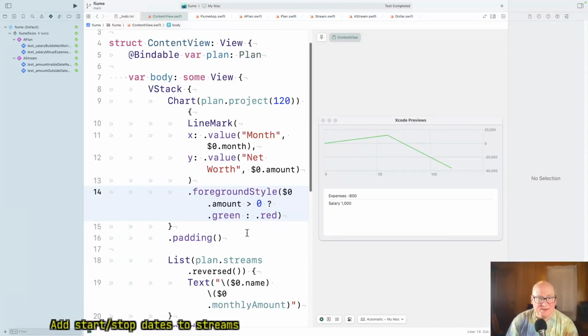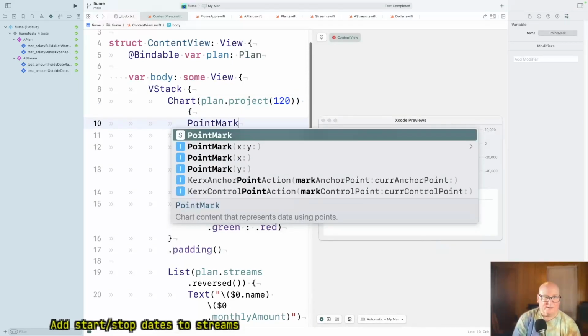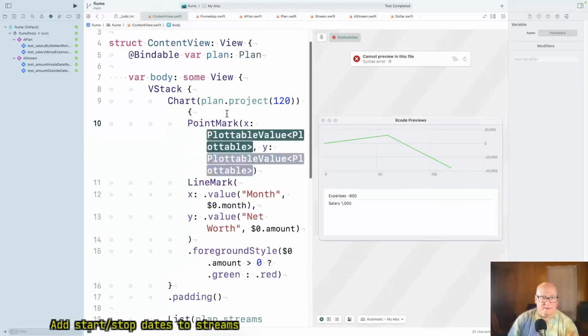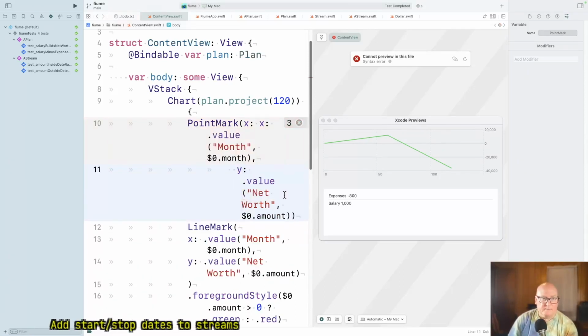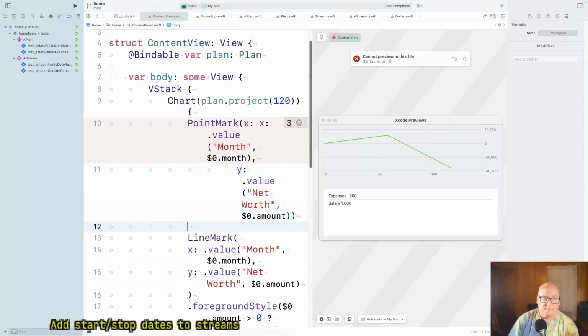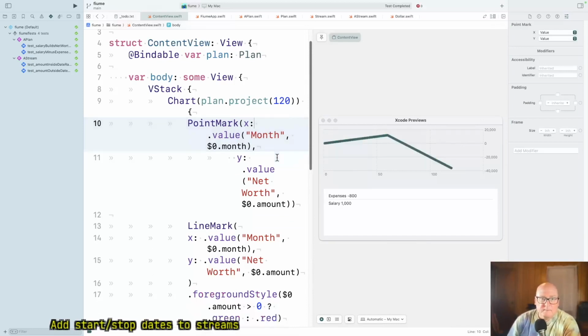Amount greater than 0, show it in green, else red. That's by segment. Okay. Let's put a point mark, and we'll do the same stuff. Oh, interesting.